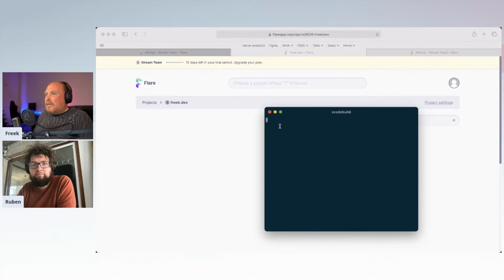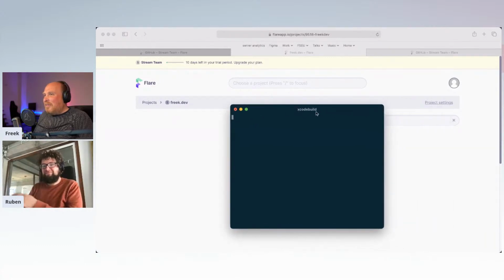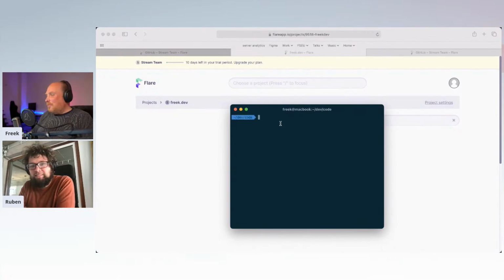Let's start the terminal, and it takes a while. Xcode build is doing something. It's probably because I've upgraded to a new OS version a little bit earlier. So let's go to, not Oh Dear, but to